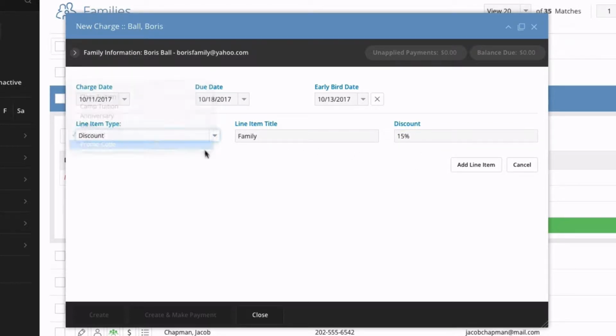Promo code. This line item type is used to record the use of a promo code. Note that the promo code line item must be created first and saved. Then you will need to add a new line item for the actual tuition charge. Once you finish adding the information for a specific charge, click